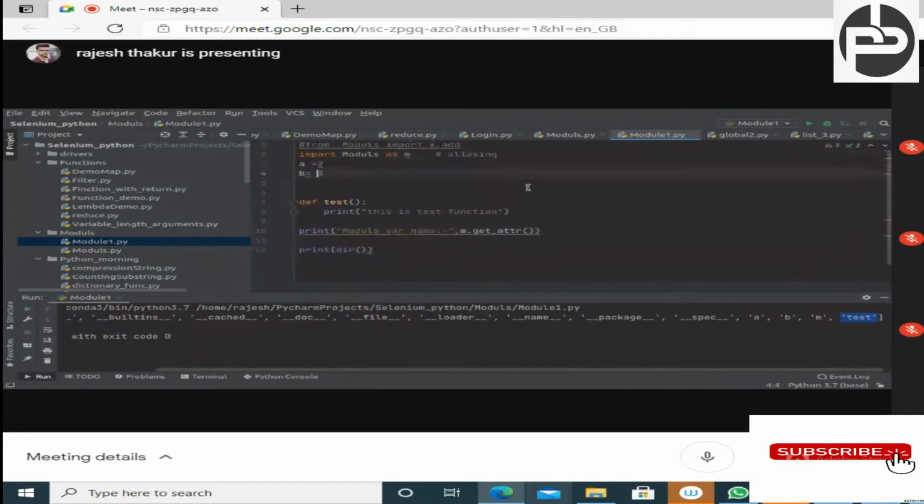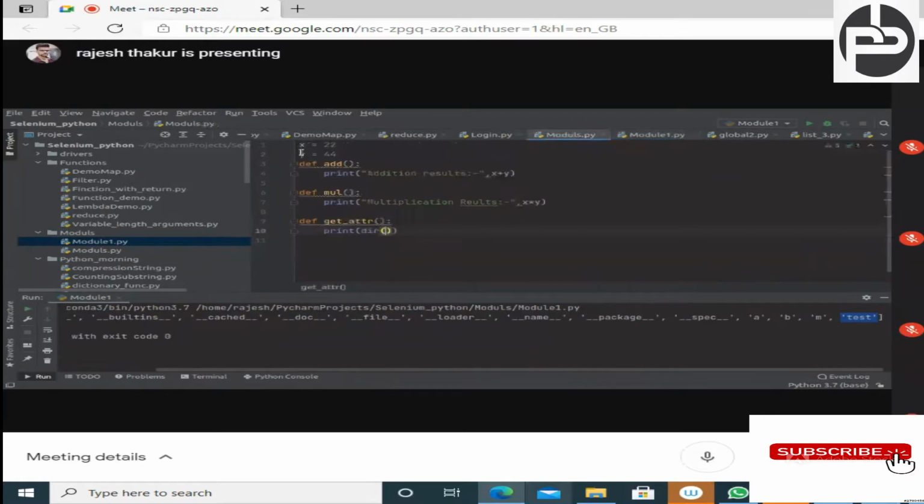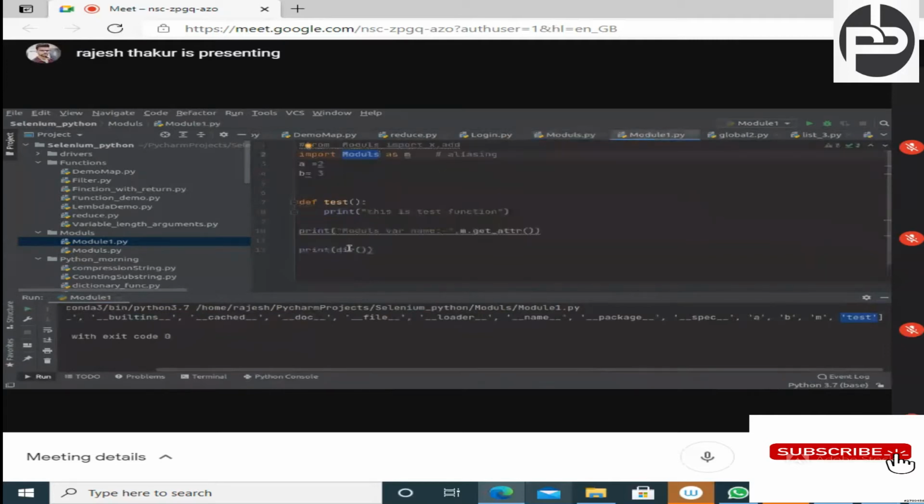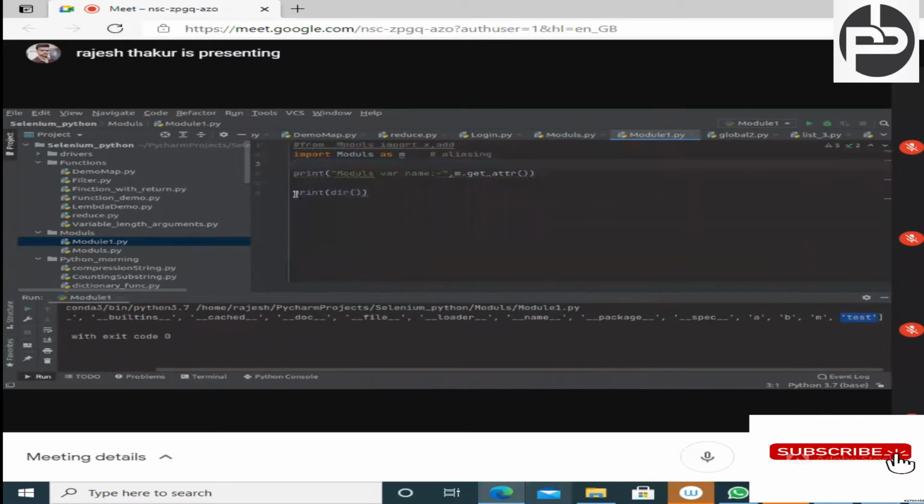Okay, don't worry. So what I'm trying to do, I want to see in the modules file what functions and variables are available. See, right now we have two variables and 3 functions: get attribute, multiplication, and add function. And this get attribute, what it does, it returns all the variables and all the functions available inside the modules file, and that I want to see. Then only I can call from this function, right? So in module 1, I'm going to remove all those things right away. I'm going to remove the complete things, and I just want to check